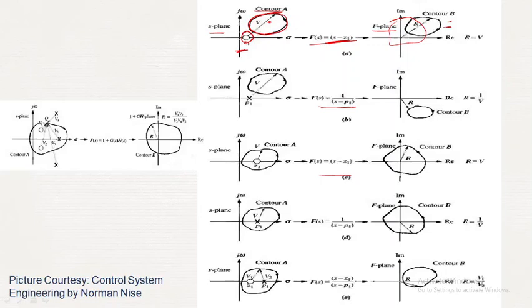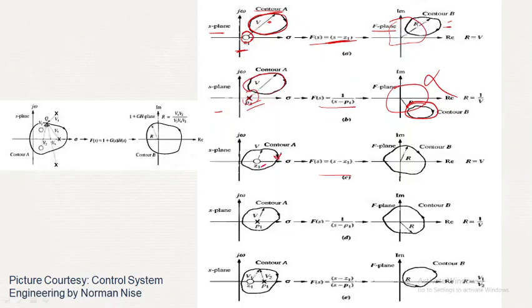So here I am getting another contour, but it's not encircling the origin. Another example, second one, we have similarly a contour A. A pole is lying outside this contour. So here I'll be getting another contour, as this is lying outside. Because this is outside, here also you will get a contour, depending on how you map the points. But again this is not encircling the origin. Now here you can see there is one zero inside the contour. The direction is clockwise.